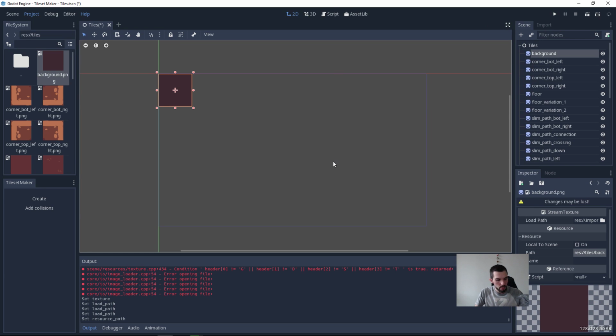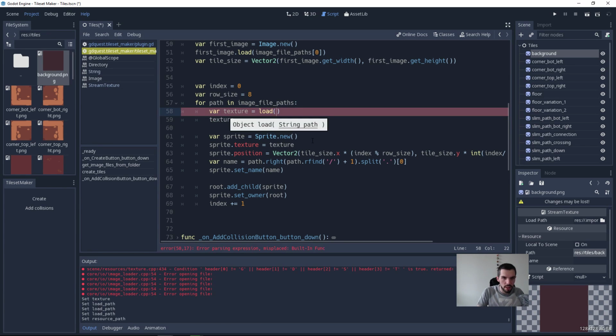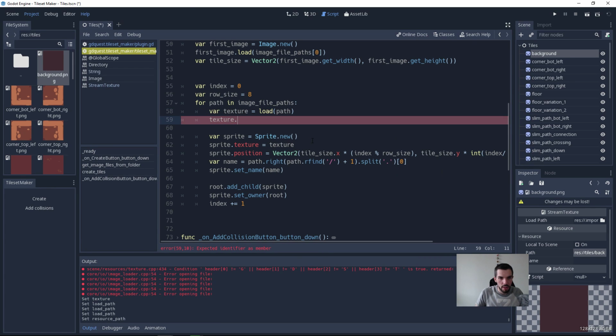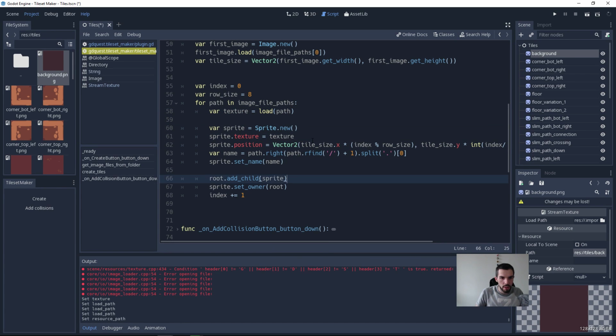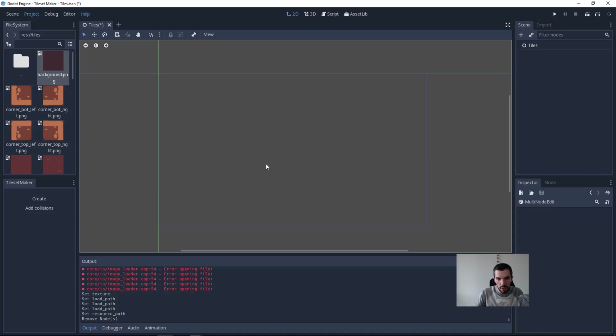I'm not sure how I'm supposed to load the textures the right way. Does someone know? So load path, no, it shouldn't be this. Maybe I can just load the path directly, like this. And after one, we're going to break here, delete everything,